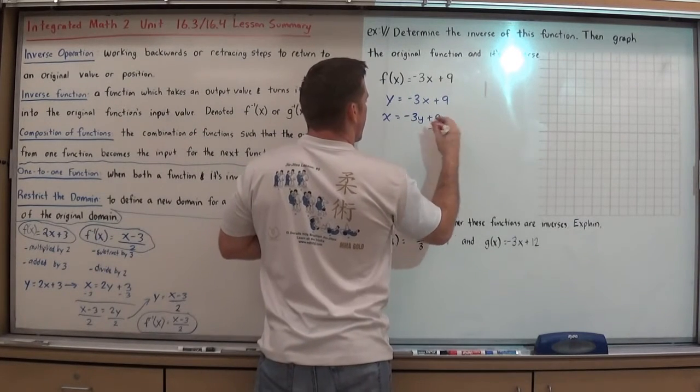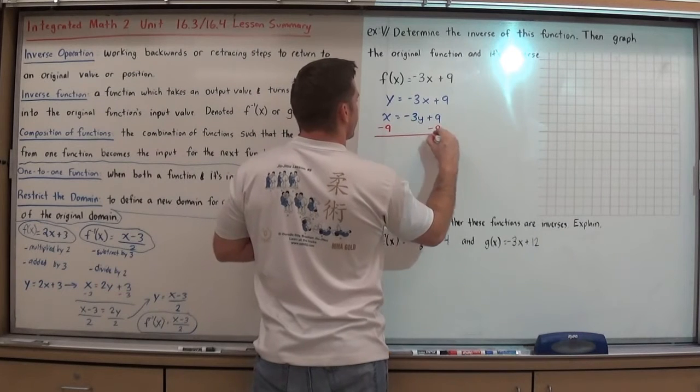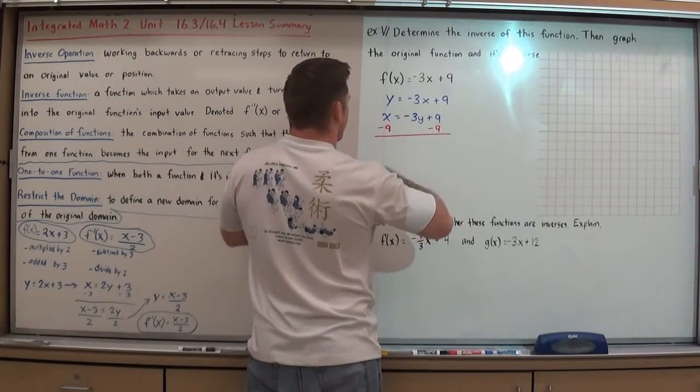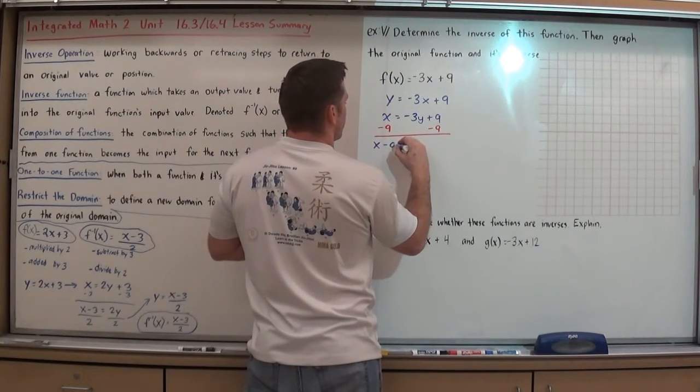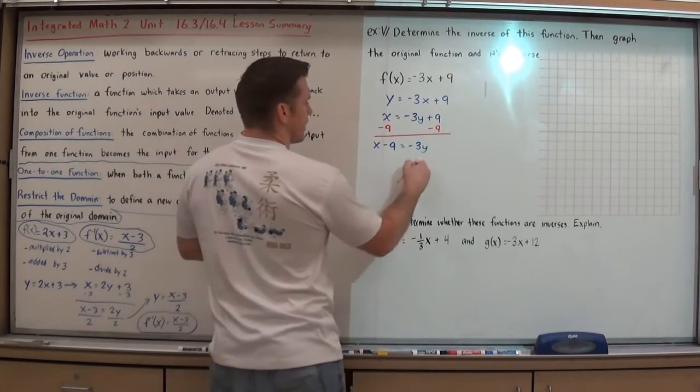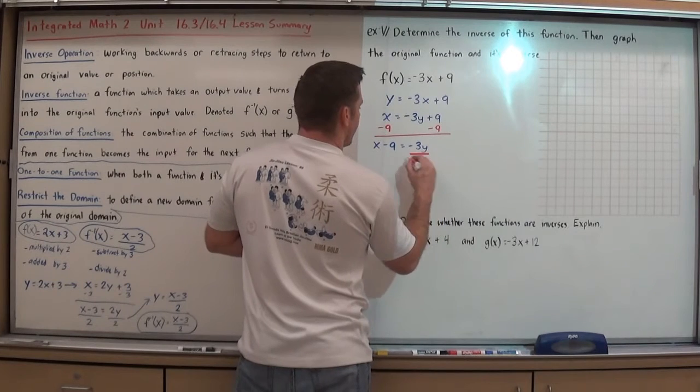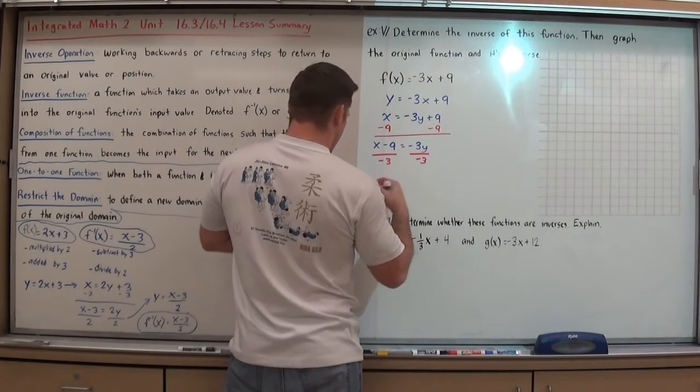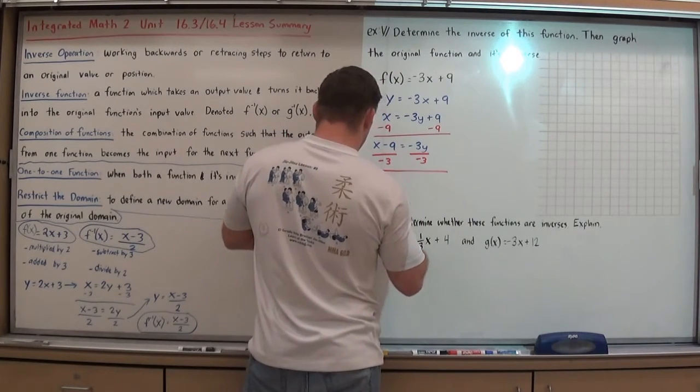I'm going to subtract 9 to both sides. That ends up being x minus 9 equals negative 3y. Next step, to isolate y, divide by a negative 3. And I'm going to clean up the way that looks. That would become